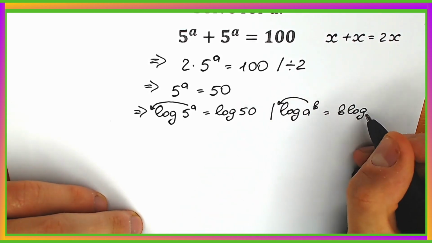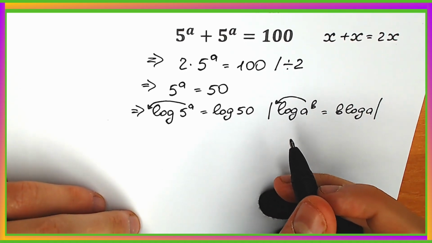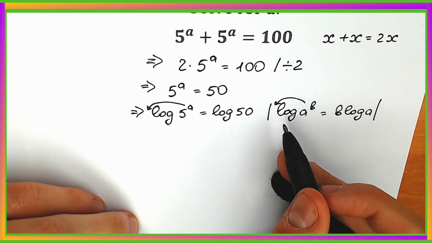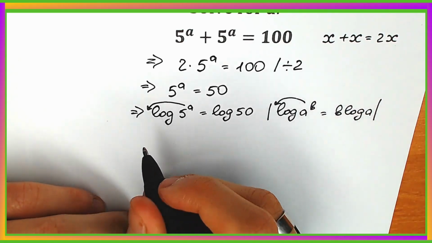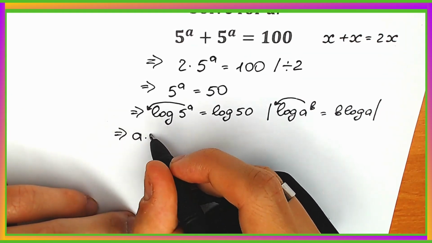I really hope you know this rule. Maybe this is the most popular log property nowadays. As a result, we have a times log 5